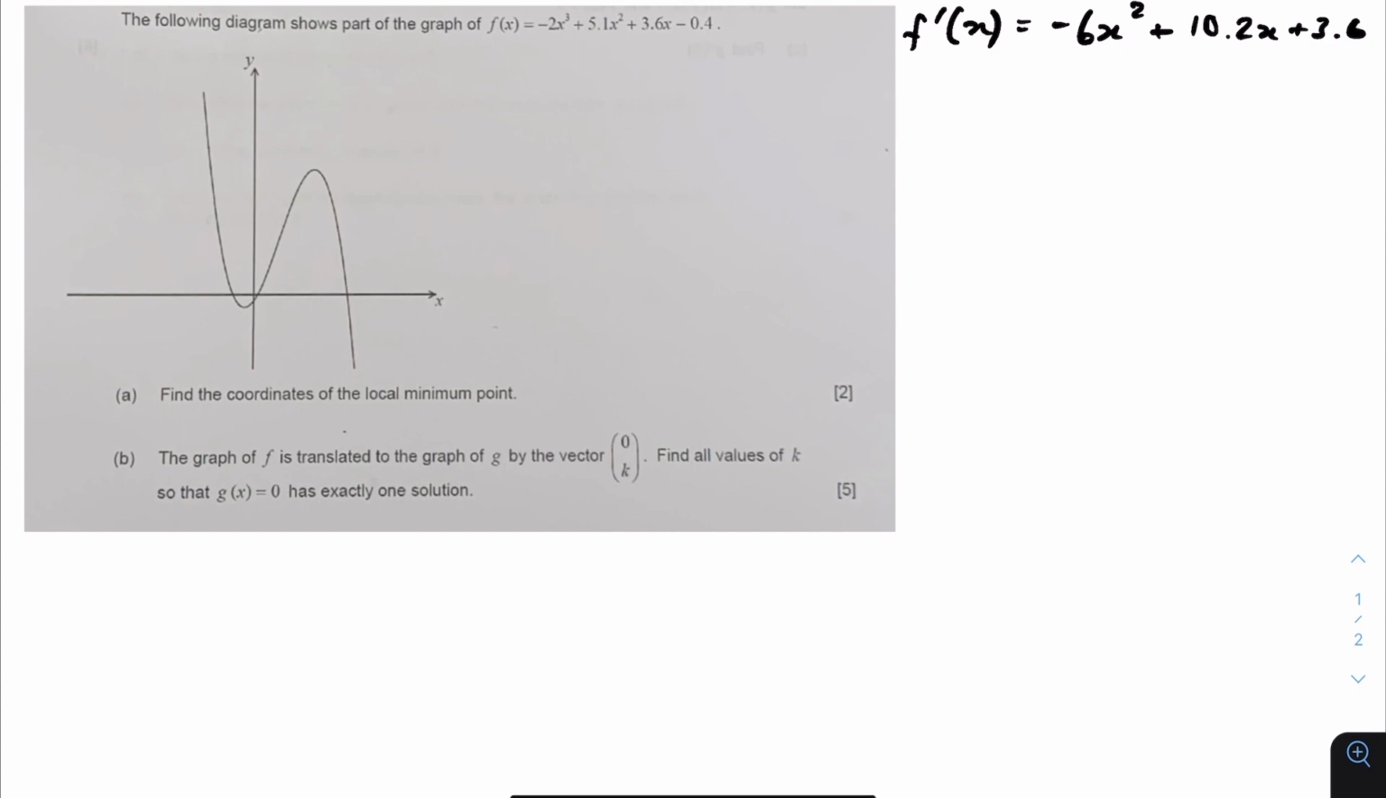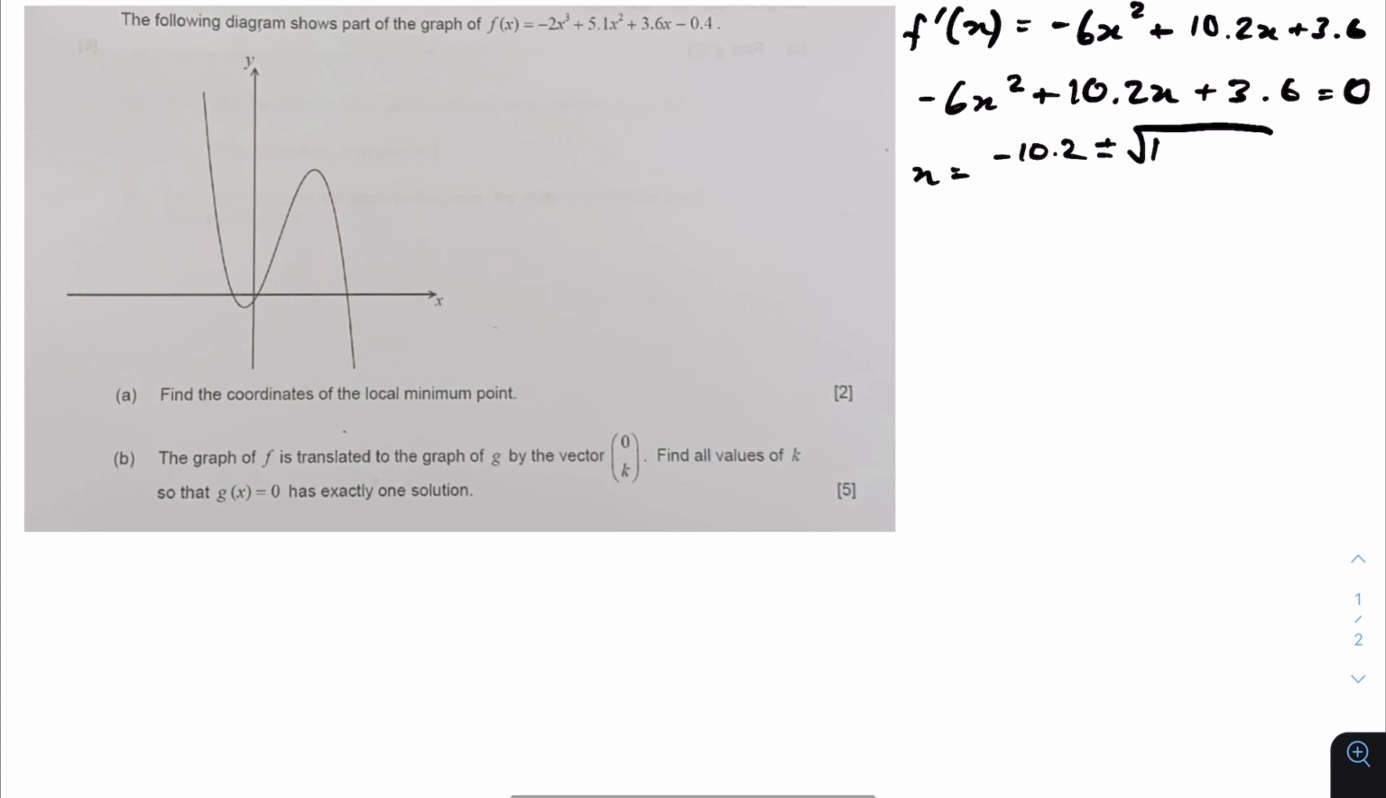And if we equate this to 0, we get negative 6x squared plus 10.2x plus 3.6 is equal to 0. We can use the quadratic formula to solve for the values of x where this is a minimum or maximum. So x is equal to negative b, which is negative 10.2, plus minus the square root of b squared, which is 10.2 squared, minus 4 times 3.6 times negative 6, divided by 2 times a, which is negative 6. Just gives us negative 10.2,